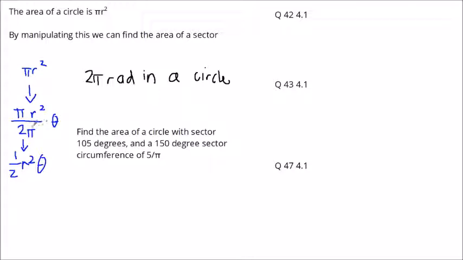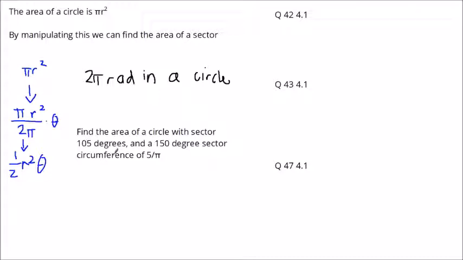So we divide the whole thing by 2 pi, and then we multiply by radian. So radian over 2 pi, basically. Because if it's the whole thing, then theta would just be 2 pi. 2 pi over 2 pi, that's 1, right? So that's 1/2 r squared theta. 1/2 r squared theta is